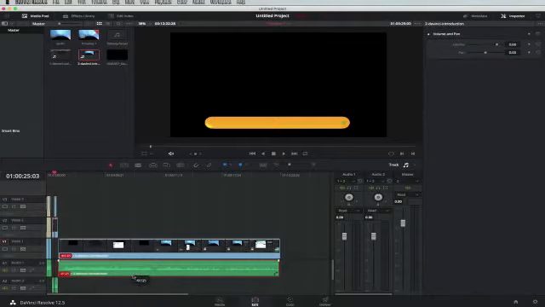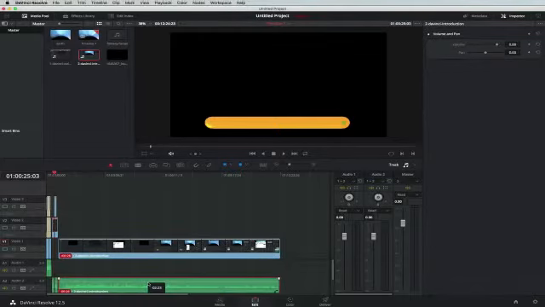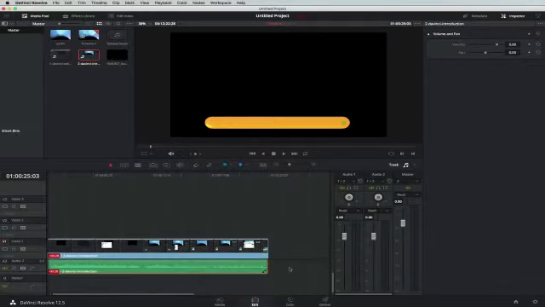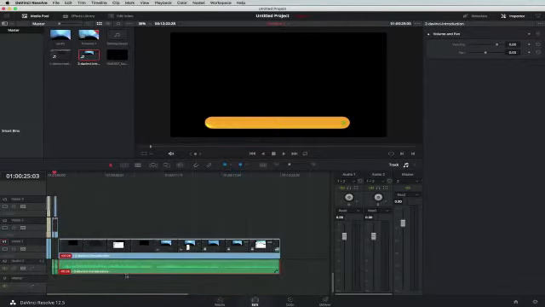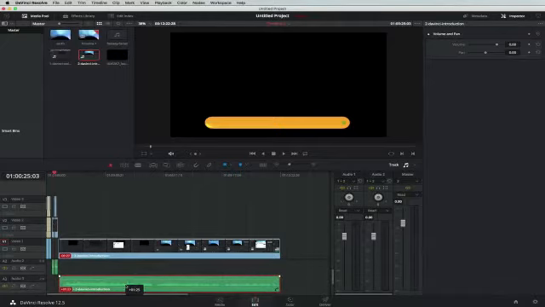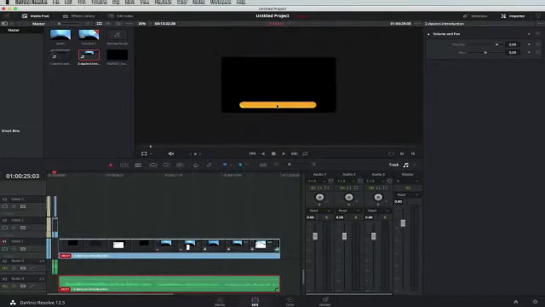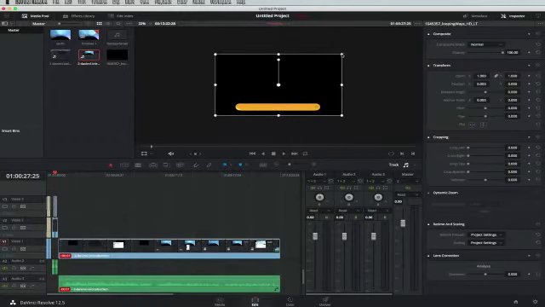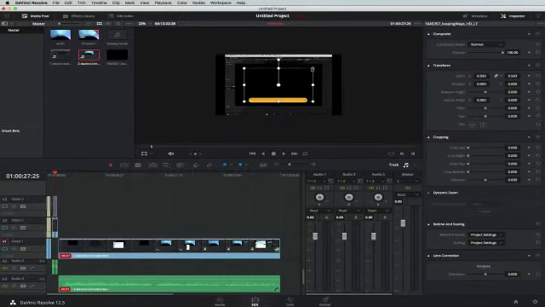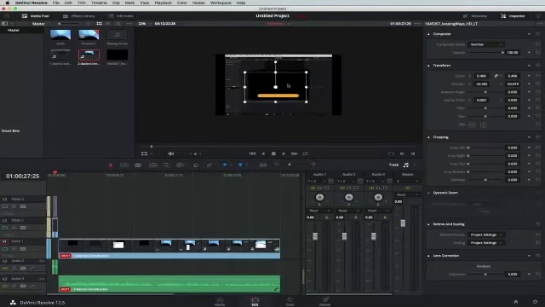Now what I want to do, there's a couple of things I want to do here. I'll just first of all drag this down. In actual fact, I think I might drag it down to another. One of the great things is it automatically creates a new track. And I'm going to just focus on this, click it in, reposition it down,